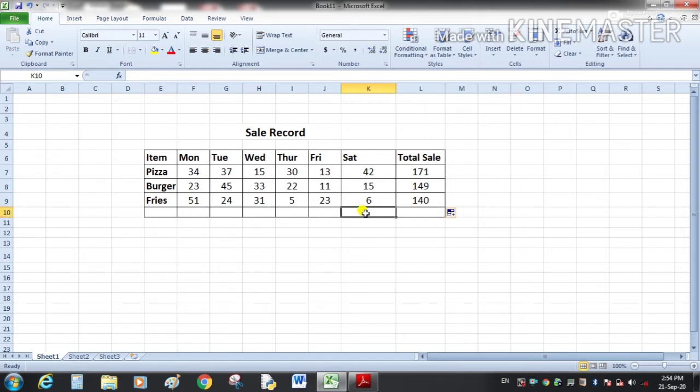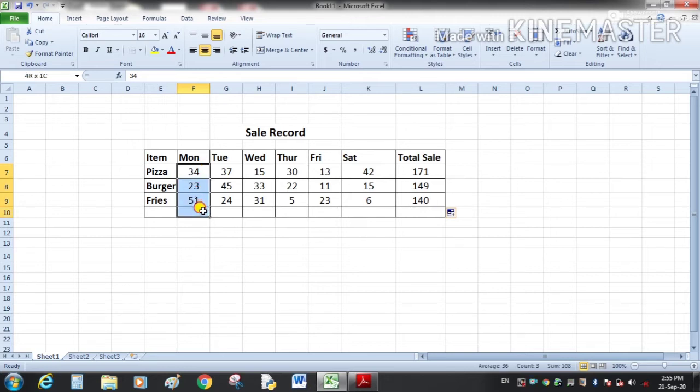We also have an inbuilt AutoSum function to perform the addition of numbers. For this we will select this range. This is our range. When we have more than one continuous cell, those continuous cells are known as a range.